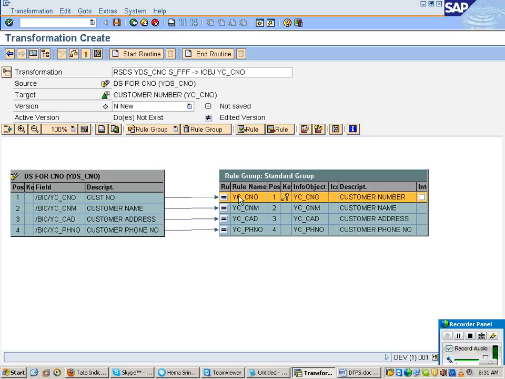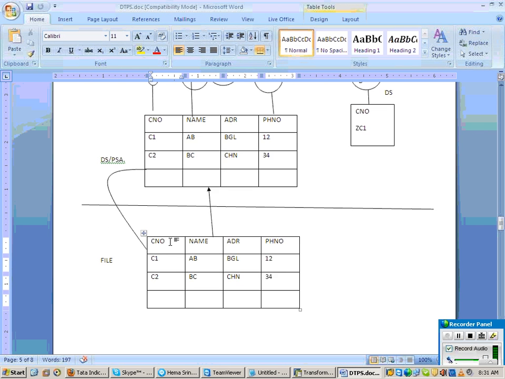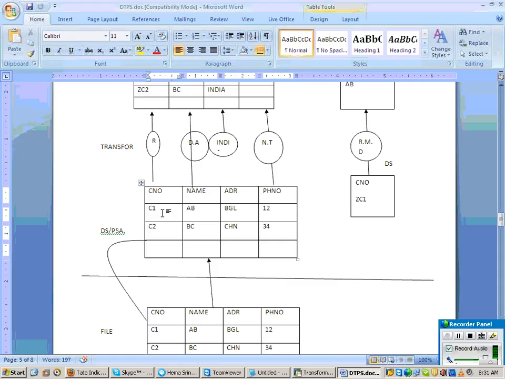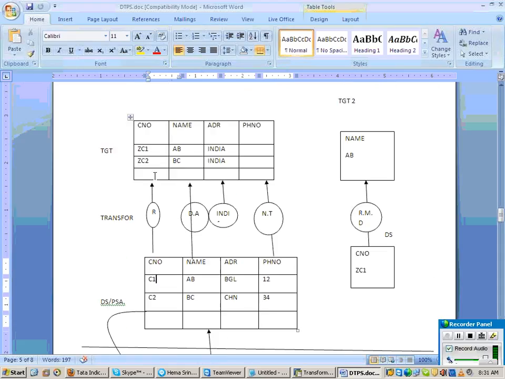So now, how is the data going? Data from customer number of the data source to customer number of the target. By default, whatever it is proposing uses direct assignment. What does direct assignment mean? Without changing any data. Suppose data in the data source is coming as C1; the data source will always bring raw data. So without changing any data you send it here, that is direct assignment.